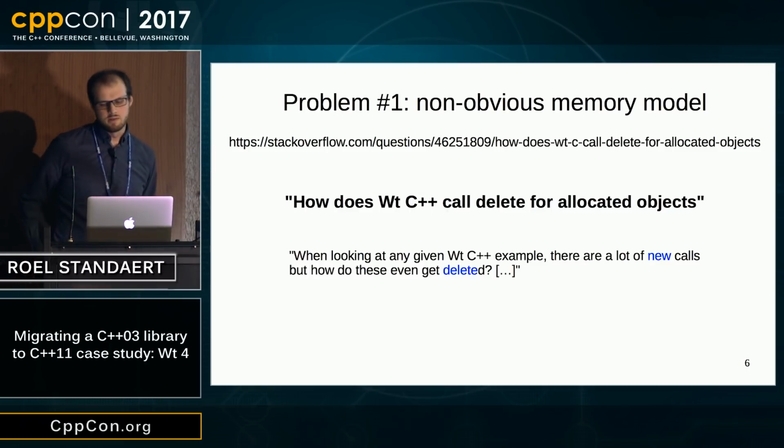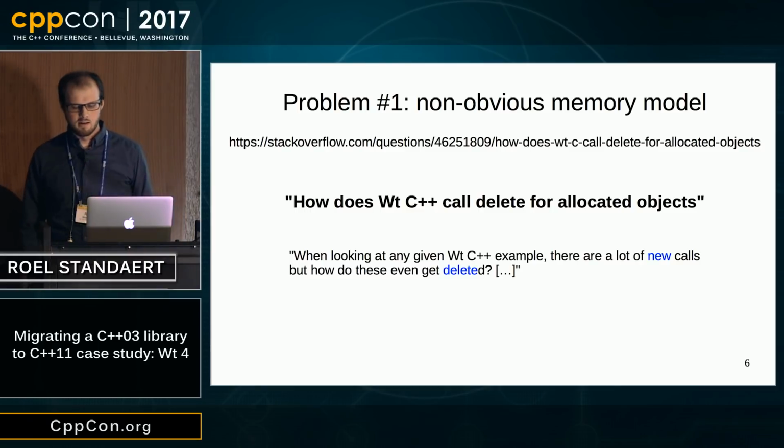So the first problem that we really wanted to tackle is this non-obvious memory management. And this question showed up on Stack Overflow like a week ago, someone asking the same thing I asked when I started working at Emweb 3.5 years ago. I didn't know that much C++ yet, and I actually started out with C++11 and then had to learn C++03 stuff. And for me, it was also weird that I was seeing all these new calls and then no deletes, and I was really paranoid about where all this memory was going. Is it just leaking everywhere? Well, not really, but